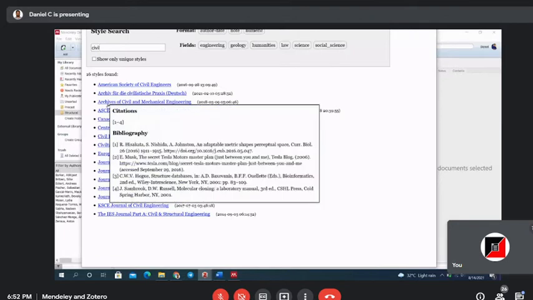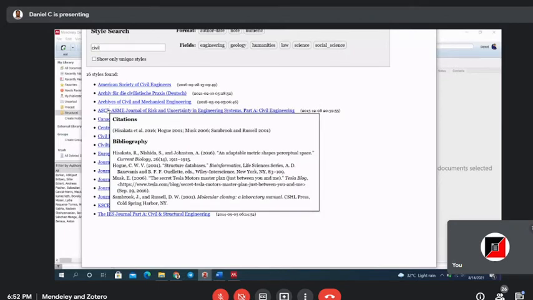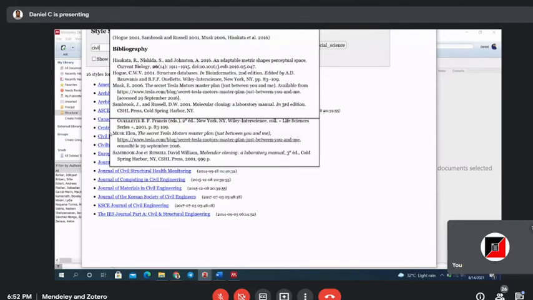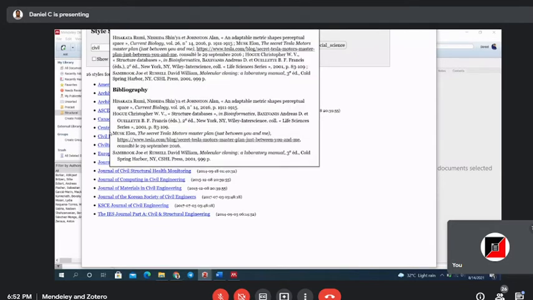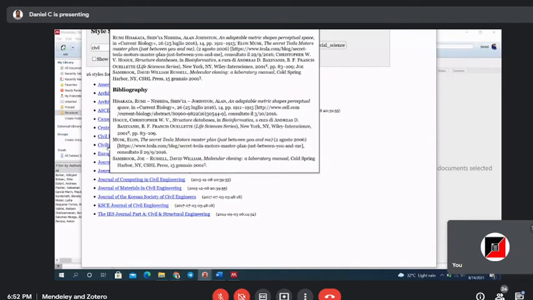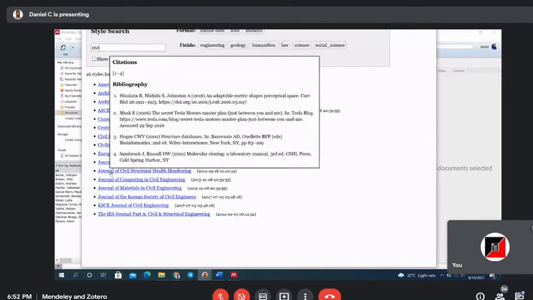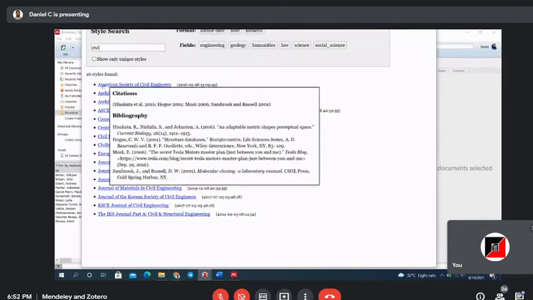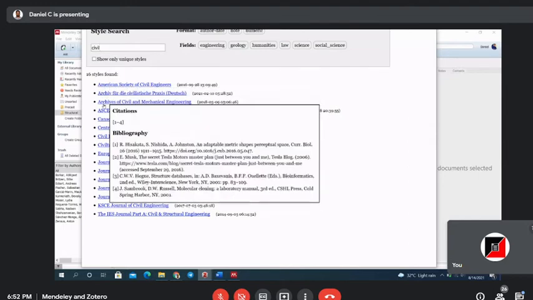The next one, civil, belongs to Elsevier publications. Then there are the American Society of Civil Engineers and Canadian journals. You can see the difference between each journal. It will be 1, 2, 3, and somewhere here, the dot will not be there. It will be in brackets. One, it will be in brackets.